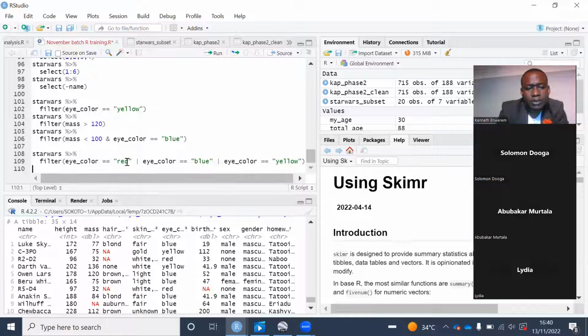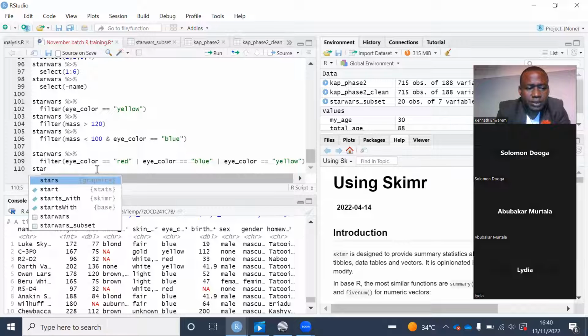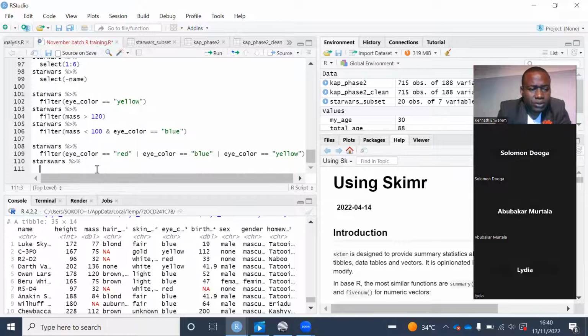However, there are sometimes maybe you want to put in more values, and it will be cumbersome writing eye color equal to red, eye color equal to blue, and that's where your in operator becomes effective. So you say Star Wars, and then you put in your pipe operator. You go to the next line, you say filter,